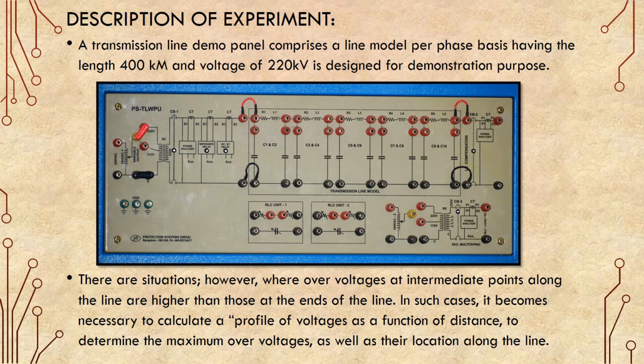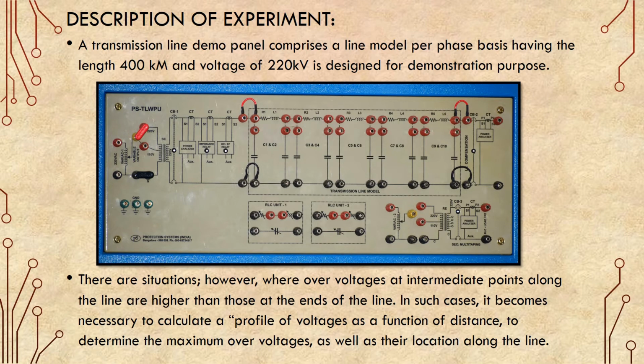In a transmission line, as I already told you, due to the Ferranti effect, the receiving end voltage will be more than the sending end voltage. But even if we compensate the receiving end voltage and make the sending end and receiving end equal, there can still be a voltage higher than the permissible voltage in between the transmission line. It may be after 80 km, it may be after 160 km, maybe after the third line, we may get a higher voltage that moves beyond the permissible limit.